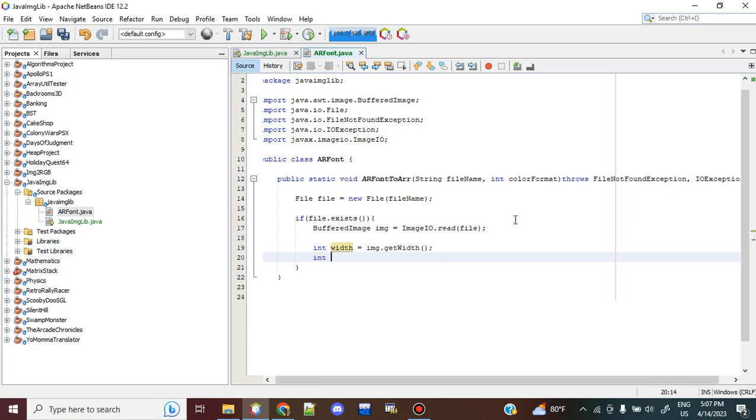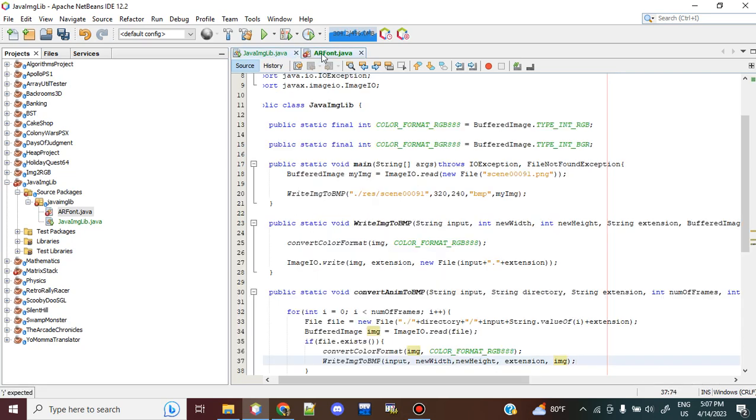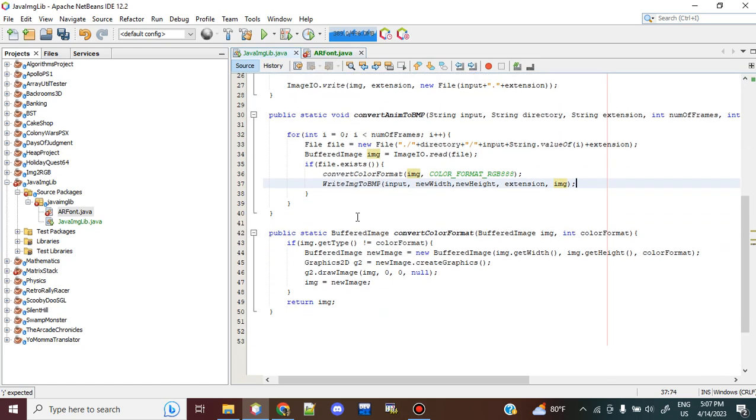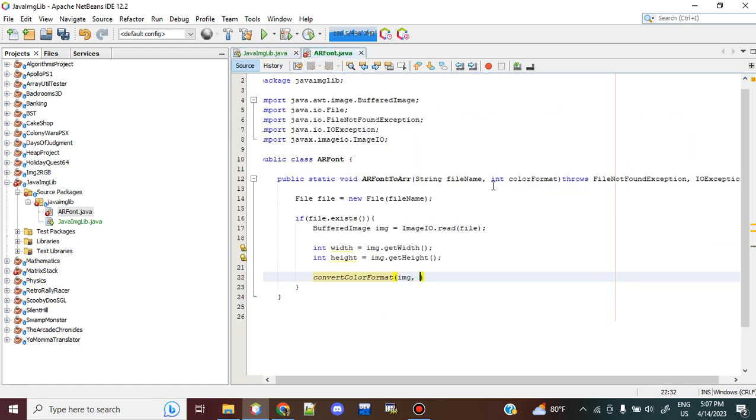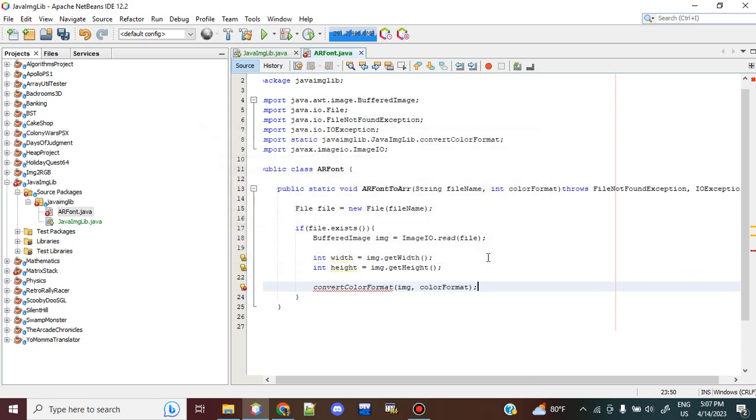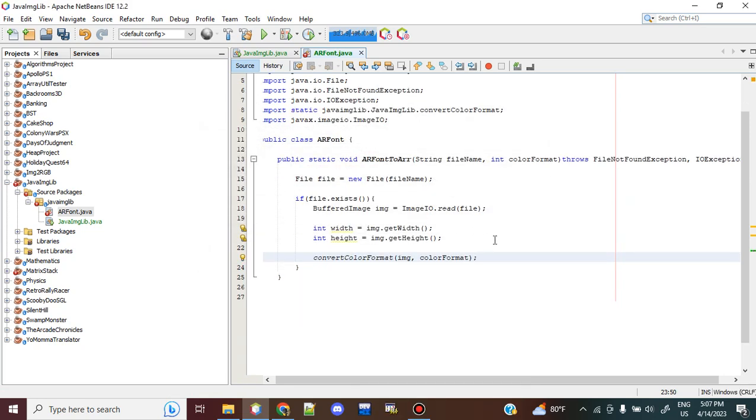Get width, height, format. That's what it's called, right? Convert color format. You can pass an image or format, right? And so once it has been converted to a particular color format,